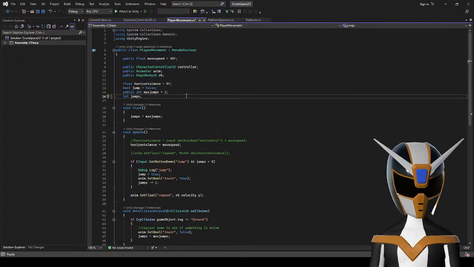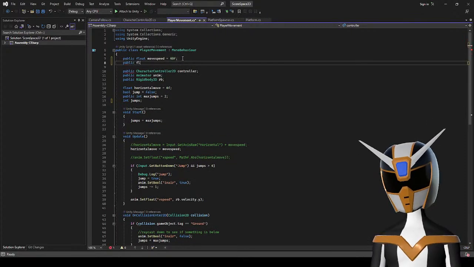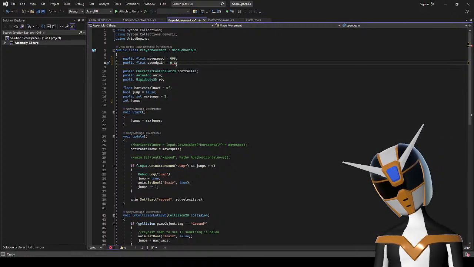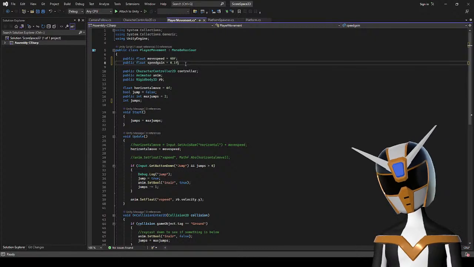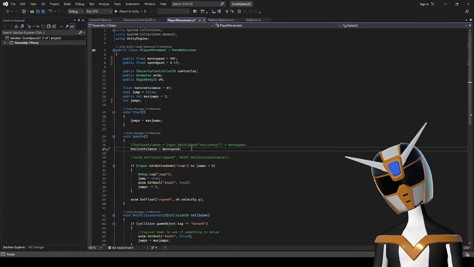So let's have another variable called speed gain, I guess, equal to. Thing is, if it's going to increase speed every frame, it needs to be pretty low, like 0.1f. Okay.